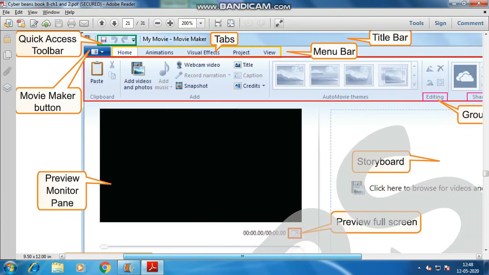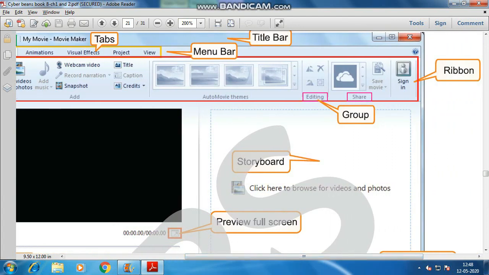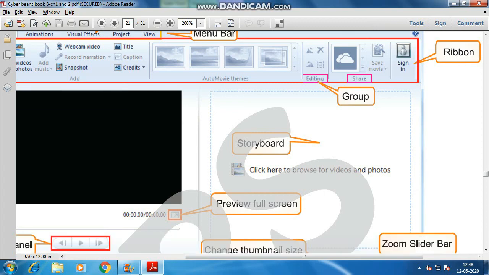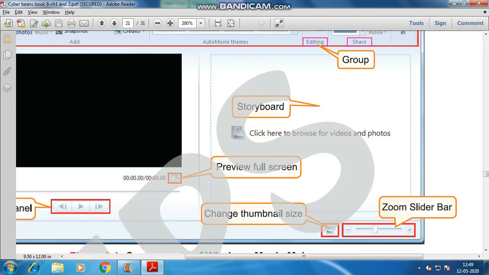Next comes the groups. I told you whatever is written here, these are known as groups. Suppose auto movie themes group, editing group, share group, add group under the home tab. So this is the storyboard where you are adding the photos, your videos, audio files, whatever graphical content you are adding, it is coming in the storyboard area.